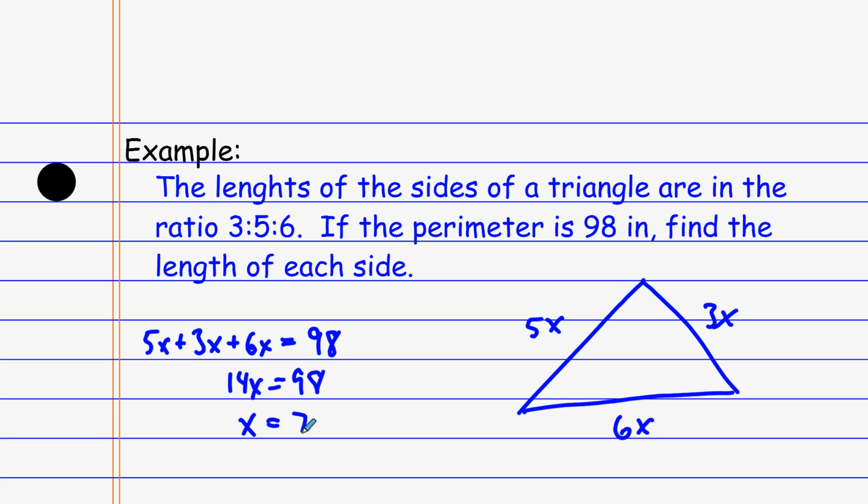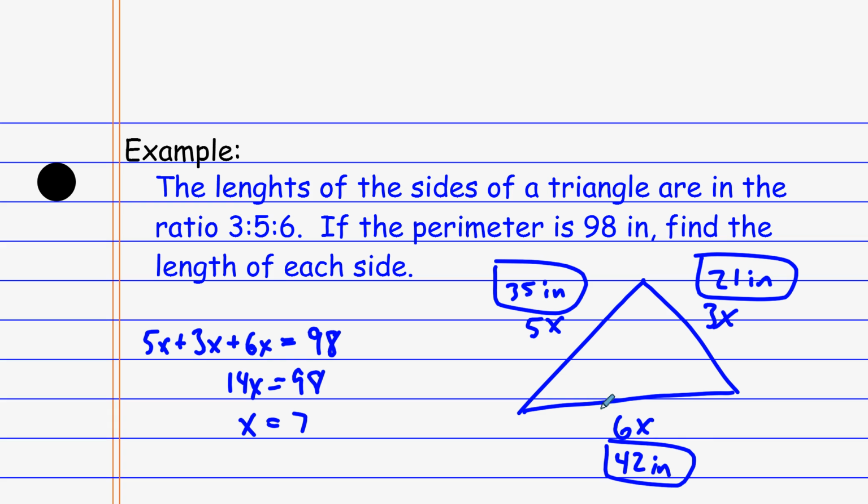All right? And so I found x, but it asked me for the length of each side. I've got to plug that thing back in. So this is 35 inches. This one up here is 15 inches. Or sorry, 21 inches. I just plugged a 5 in like a crazy person. And then the last one down here is the 42 inches. Okay? So again, because it's a common ratio, we could have multiples of these things, so you have to find out what that